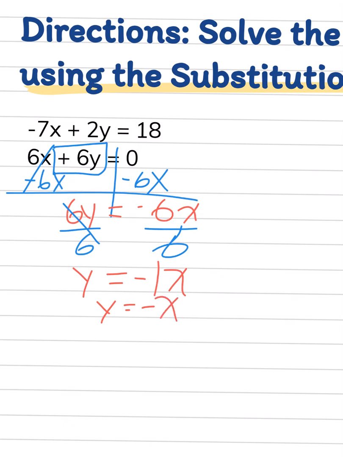So now that we have y by itself, I can replace things. Everywhere there's a y up here, I'm going to now put negative x. But wait, do we have to solve for negative x? Nope, only one time. All right, here we go. So negative 7x